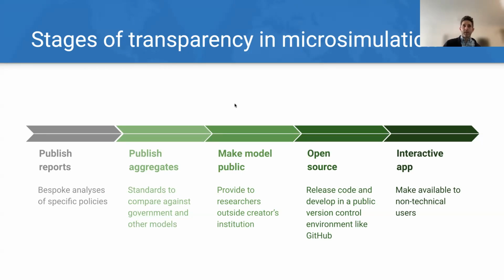So make the rules public, ideally the data public, although sometimes there are restricted data sets that you can't make public in full, but you could make public the code that generates the microdata from the most raw sources. So that's what we do in the UK. We have all the code that goes into the rules on GitHub. And in that same repository, we have all the data processing. So unfortunately, the UK, unlike the US, does not allow sharing that data. But anyone with access to the data could just run our Python code over it to get the same results that we did.